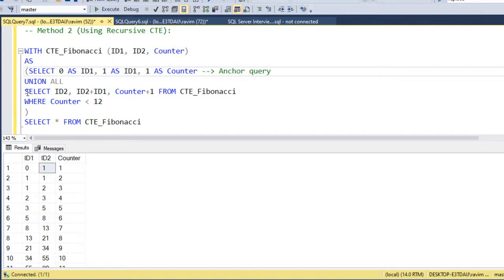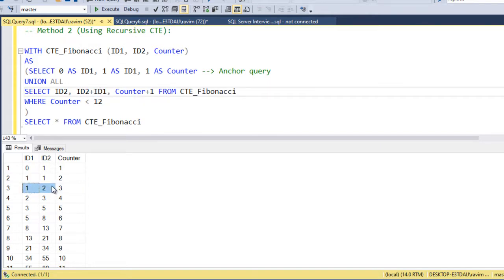In the first iteration of this recursive CTE, id1 generates 1 and id2 generates 1 plus 0, that is 1. In the next iteration, id2 has the value 1 and id1 also has value 1. So id2 plus id1, that is 1 plus 1, goes as 2 here.